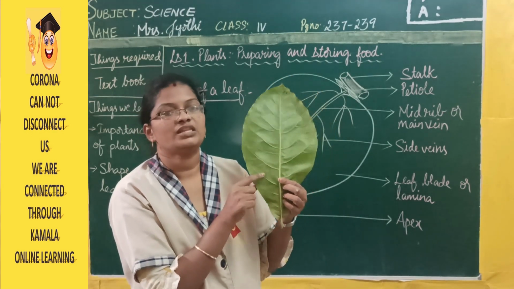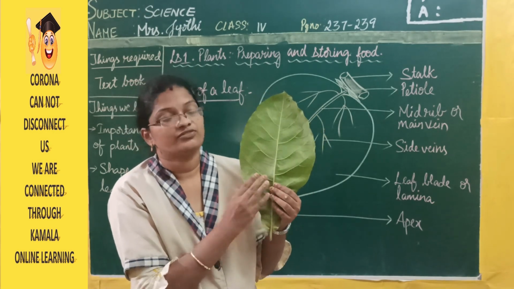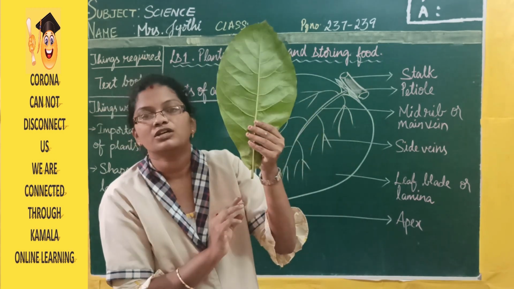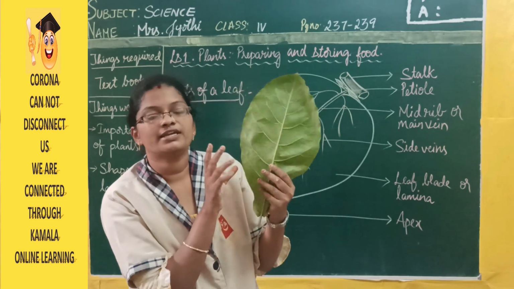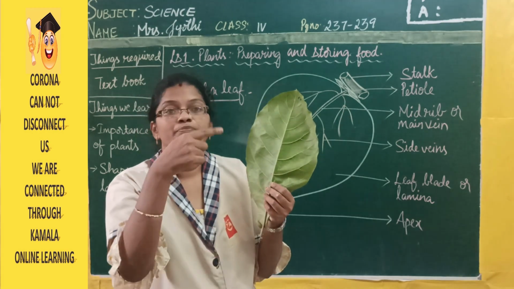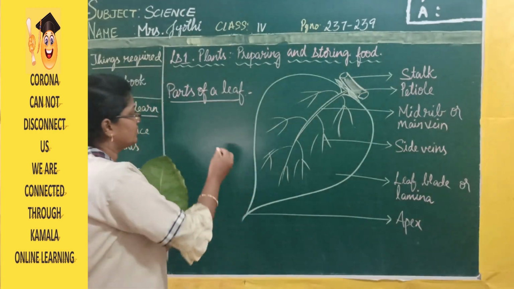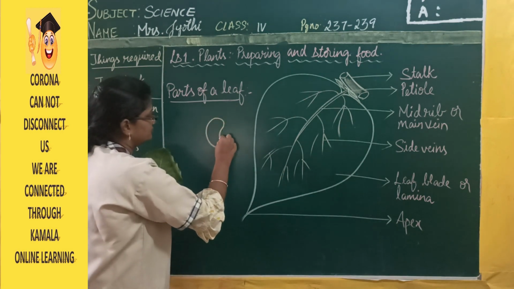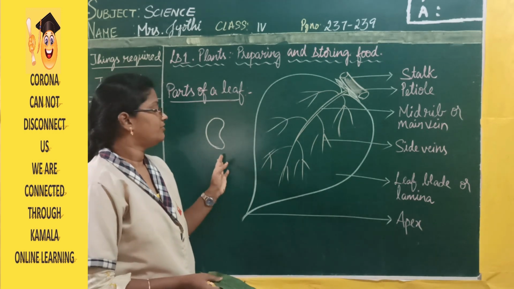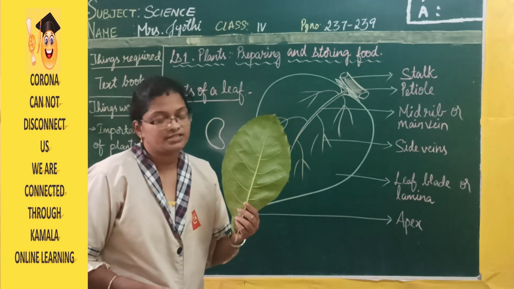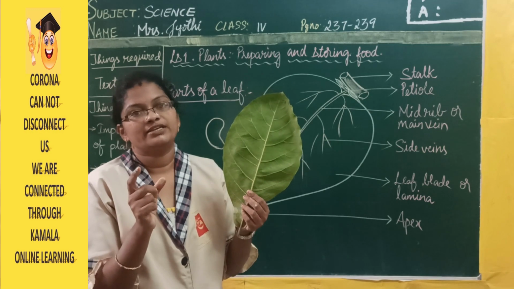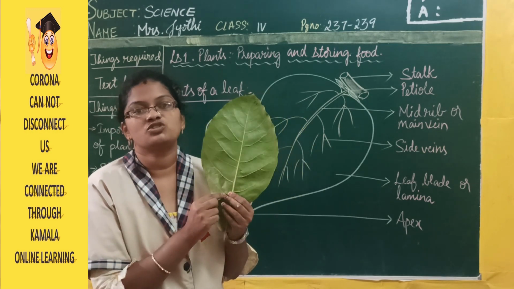And if you observe the leaf, this is the upper side and this is the lower side. Otherwise we can call it the front side and back side also. Now if you see this leaf on the lower side, you can see bean-shaped structures. What is bean-shaped? Like a kidney. And beans also you might have observed, isn't it? Yes. Now if you see the lower side of the leaf, but not on all leaves, only on a few leaves, you can see the stomata.